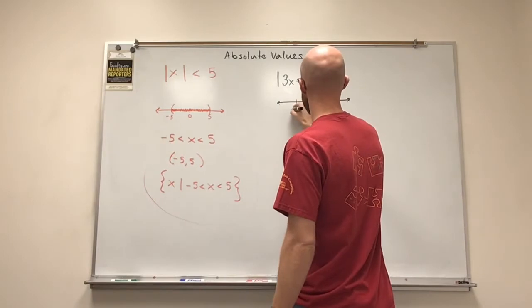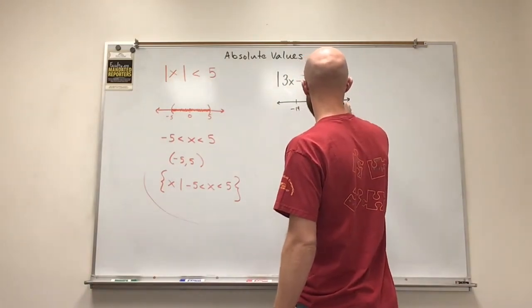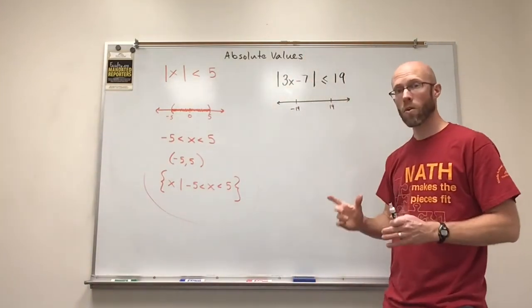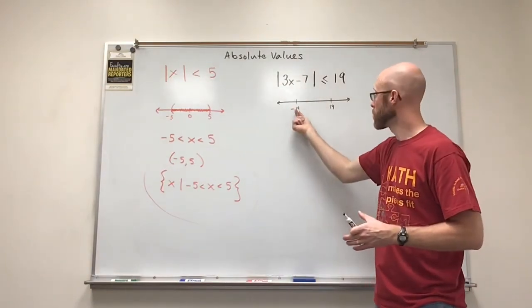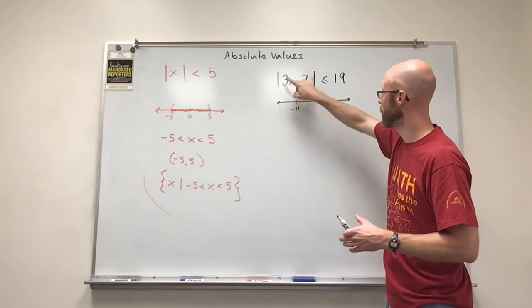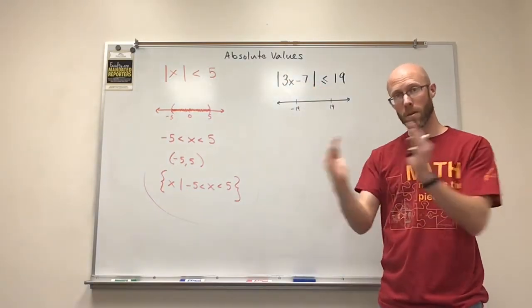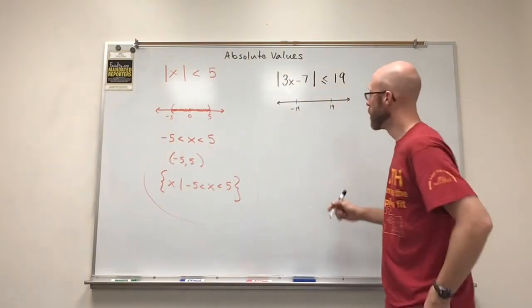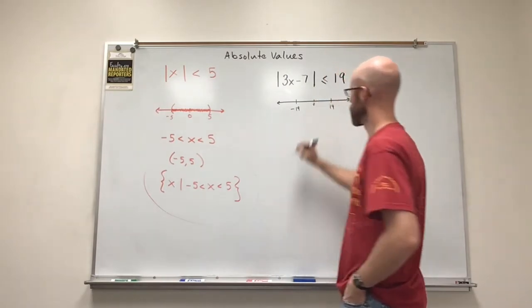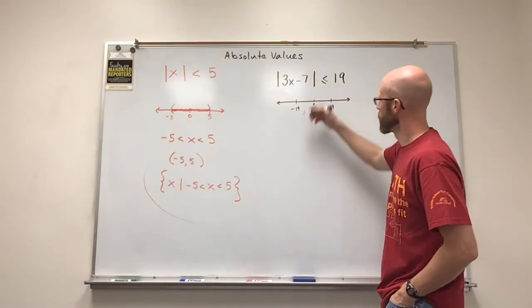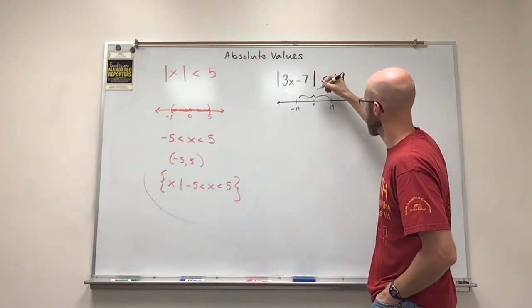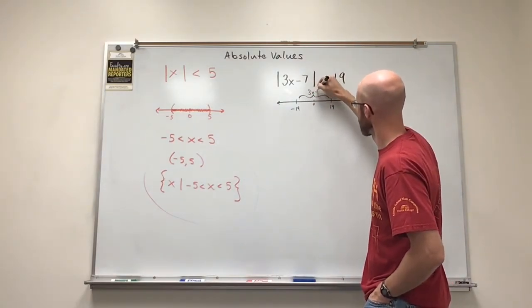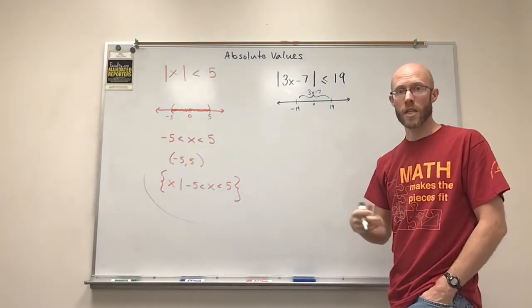I would put in here a -19 and a 19 because I know with certainty that whatever's in the absolute value has to be between those two values. Whenever I have an absolute value with a less than symbol, it's gotta be pinned in between. And so in here is 0 somewhere. And so all the numbers in between are represented by the 3x minus 7, whatever's in the absolute